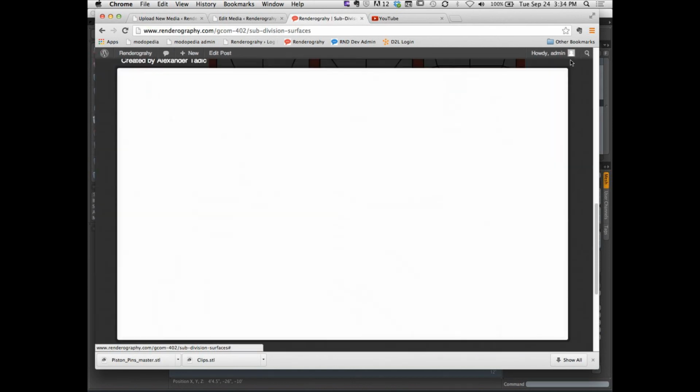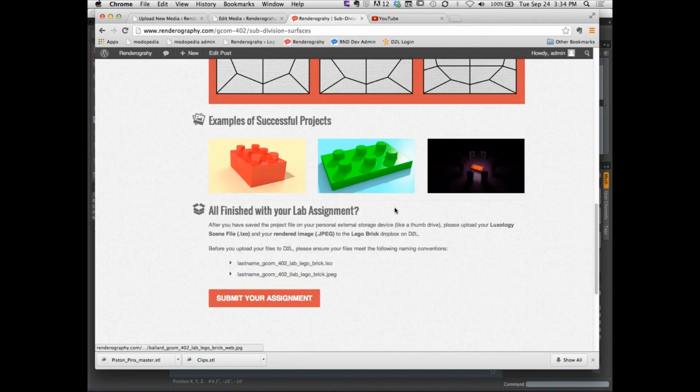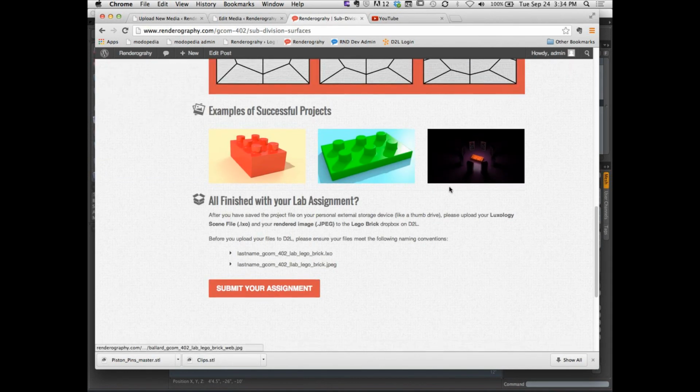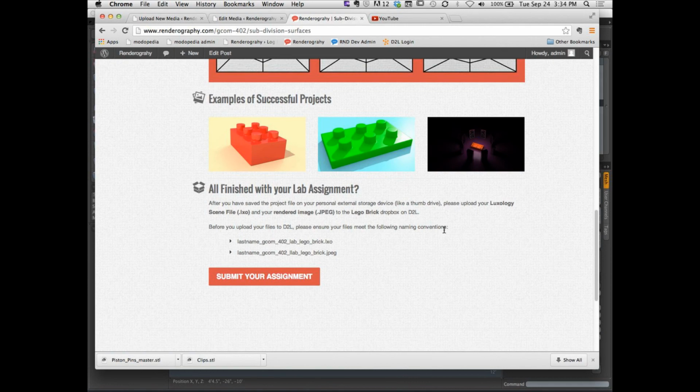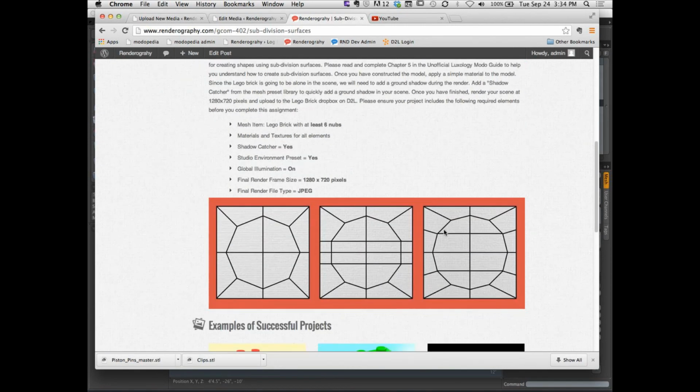One of the other things that I would like you to really look at this week, in addition to constructing all of this stuff, is how you're lighting them. Let me show you what I'm talking about. If you look carefully at the requirements of this assignment, I want you to use a shadow catcher and a